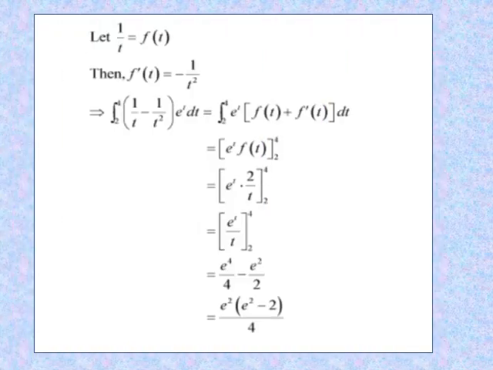So if f(t) is equal to 1 upon t, then f dash t is equal to minus 1 upon t². So therefore the integral 2 to 4 of (1 upon t minus 1 upon t²) e power t dt is equal to the integral from 2 to 4 of e power t times (f(t) plus f dash t). And if you remember the theorem, if the integral is e power x times (f(x) plus f dash x), it is equal to what? E power x f(x) plus constant. Remember? But in definite integrals we don't use the constant. So this becomes e power t f(t) with the limit 2 to 4. So by applying the fundamental theorem of calculus, we will get e power t upon t from the limit 2 to 4. So e power 4 upon 4 minus e power 2 upon 2, which on simplification gives e square common, (e square minus 2) upon 4. Clear? So pause and note down the solution.